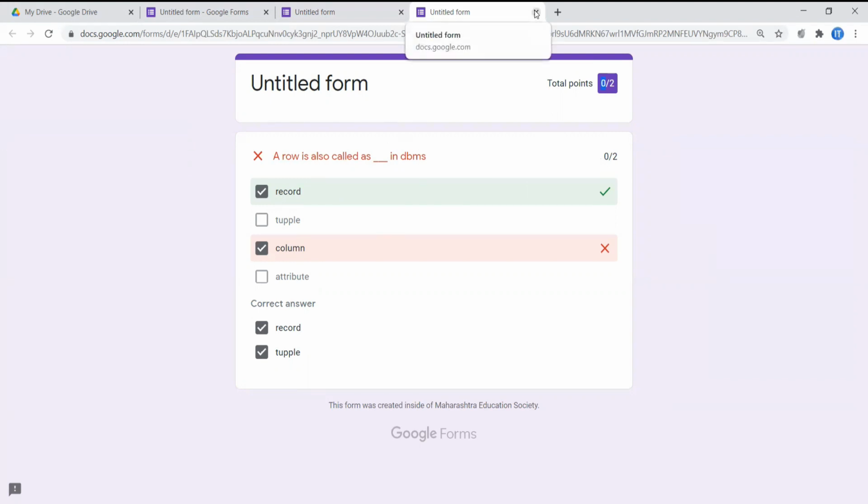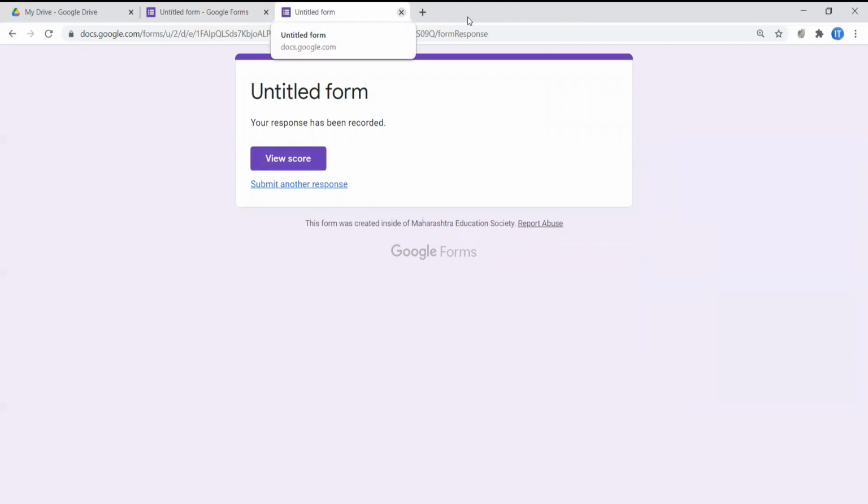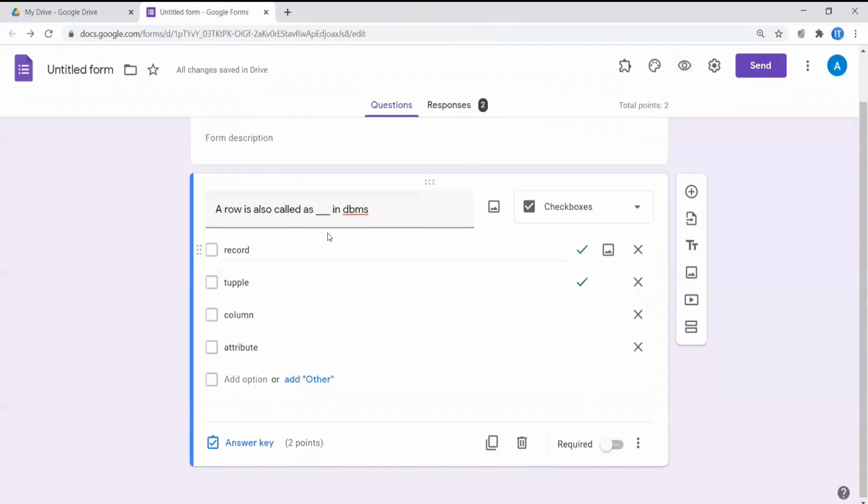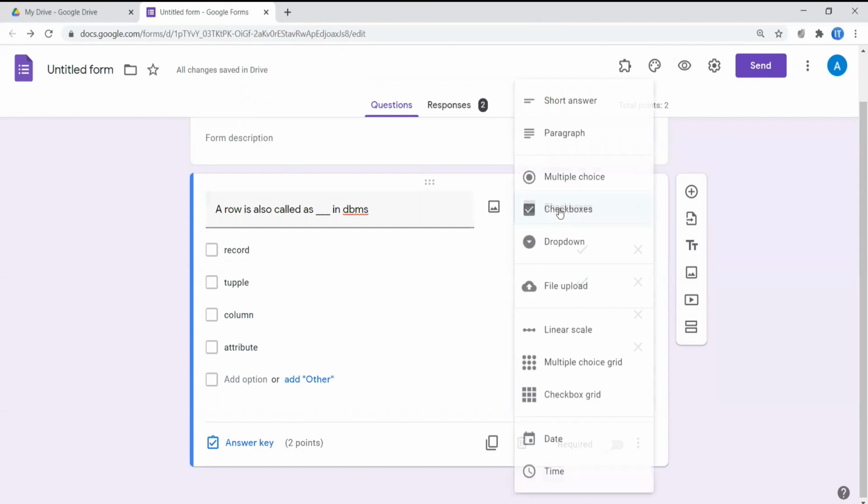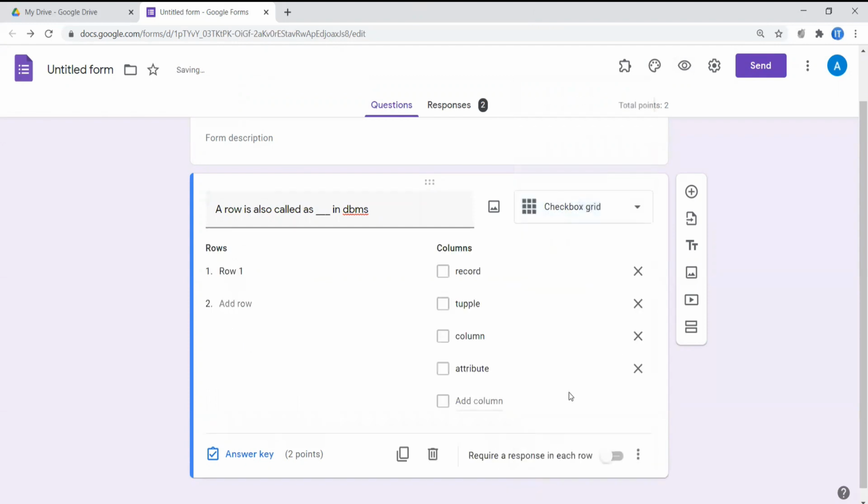So I have a solution for you all. What we can do is simply convert this question into a checkbox grid. Here is the checkbox grid. I am just copy pasting all my options into the rows, and I'm deleting all these columns.